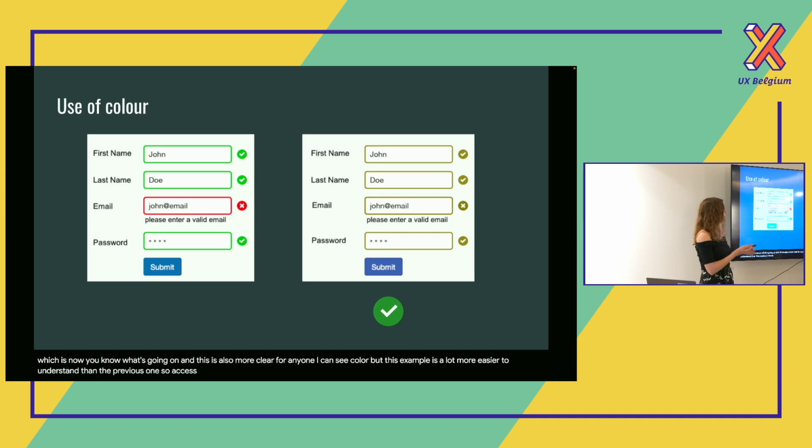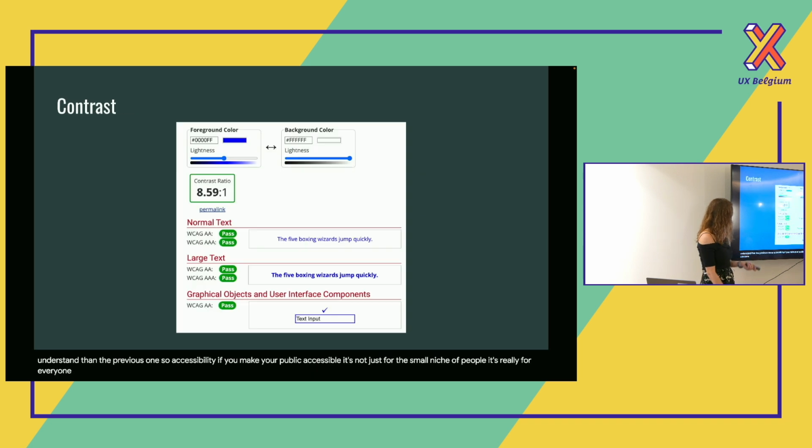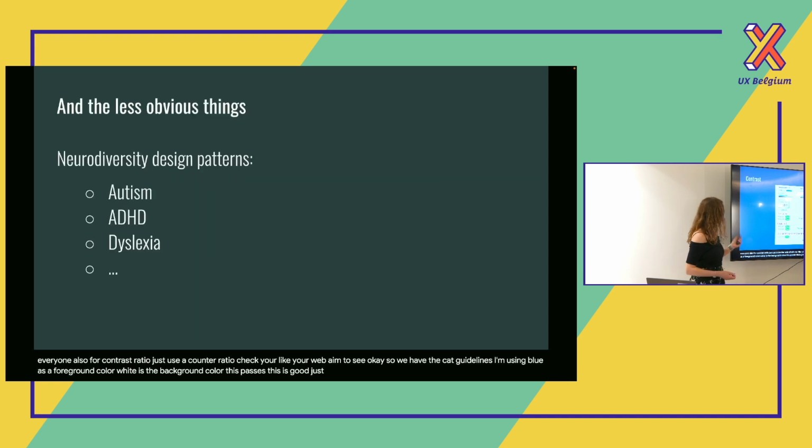So if you make your product accessible, it's not just for this small niche of people, it's really for everyone. Also for contrast ratio, just use a contrast ratio checker like WebAIM to see, okay, so we have the WCAG guidelines, I'm using blue as a foreground color, white as a background color, this passes, so this is good. Just a basic check here.